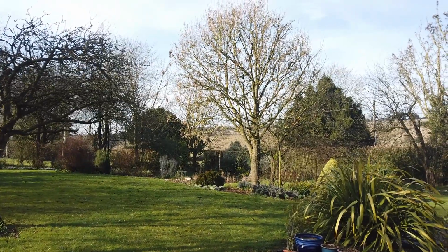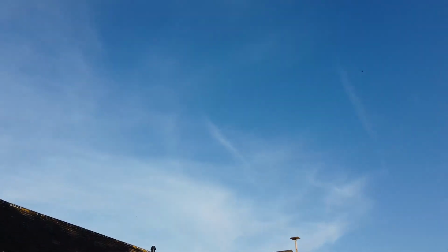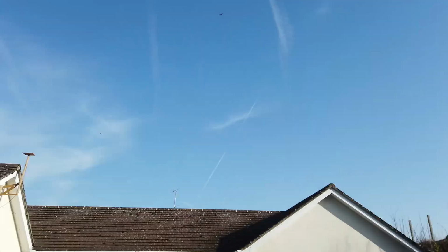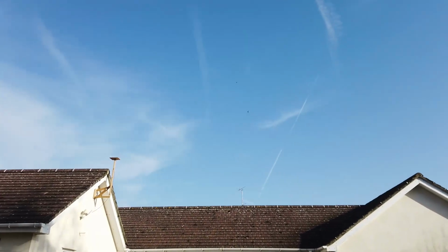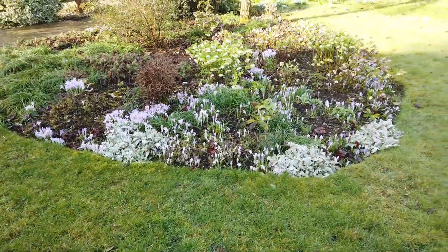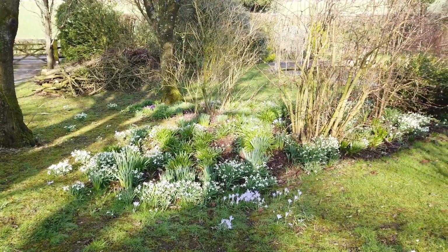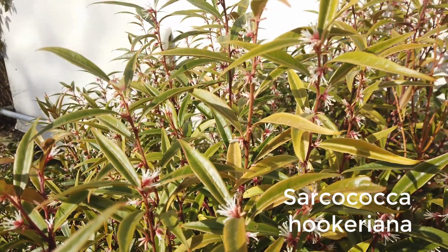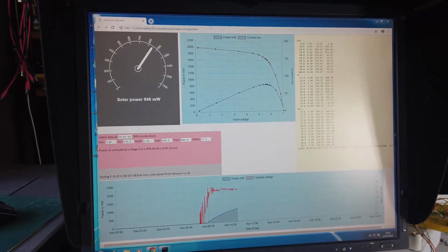Well, it's a lovely sunny day today and an almost clear blue sky. And the sun is over there. So the panel is in full sun and spring has sprung in my garden. And there are lots of bees feeding on the nectar on this shrub of mine, which smells sweet. So there's 846 milliwatts,